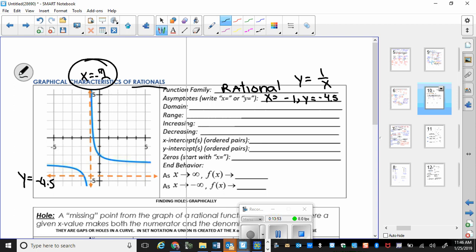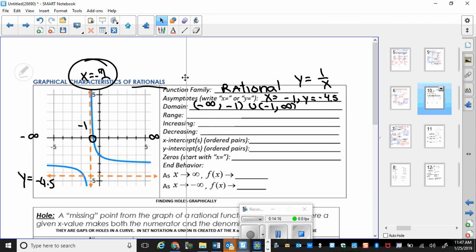My domain, coming from the left, I'm coming from negative infinity. I stop at this point, -1, and then I keep going to positive infinity. So my domain looks like this: negative infinity, stop at -1, so there's a parentheses there, put a little u, -1 to positive infinity. My range, starting at negative infinity, I stop right here at -4.5, and I move up